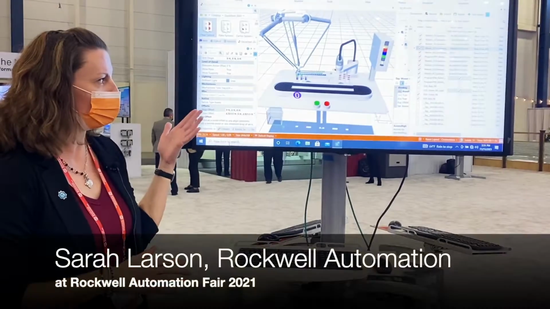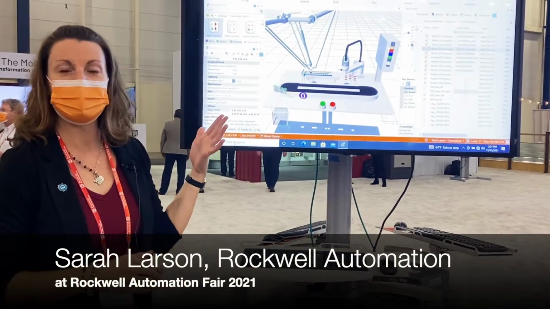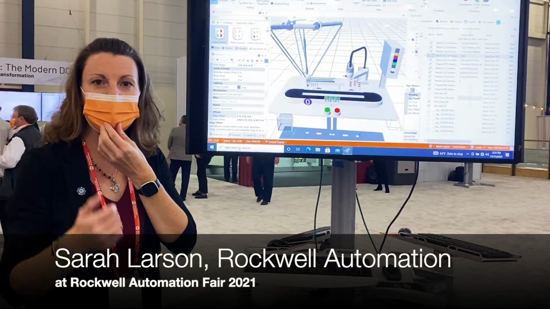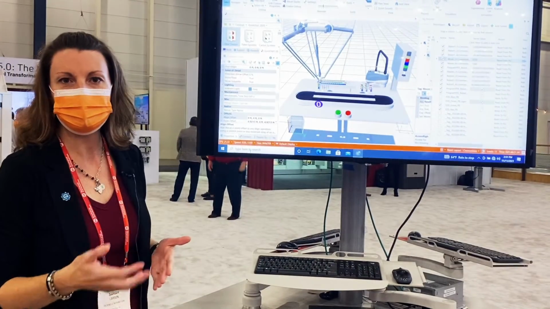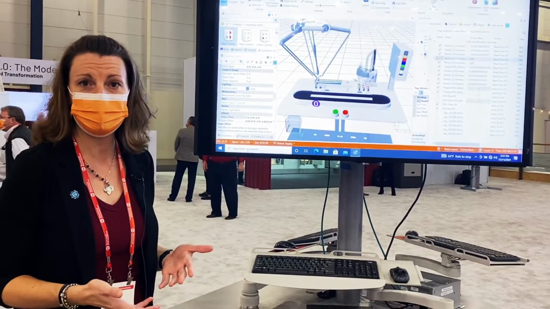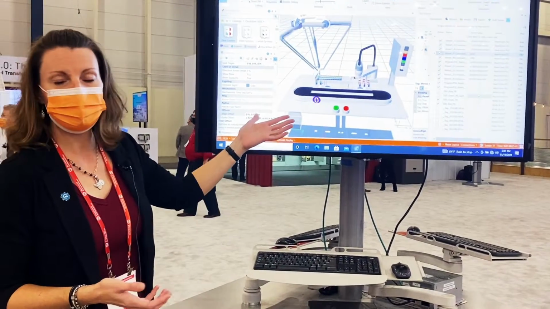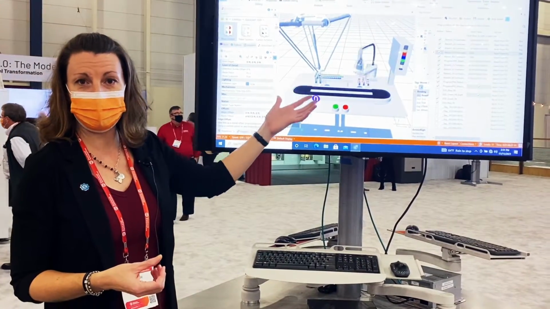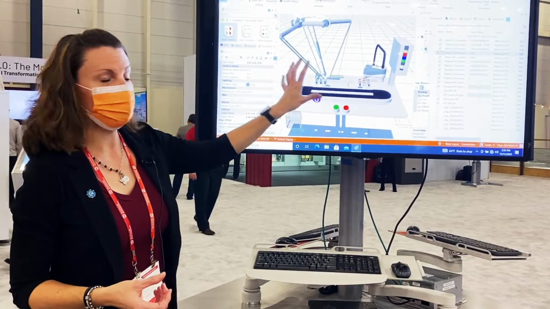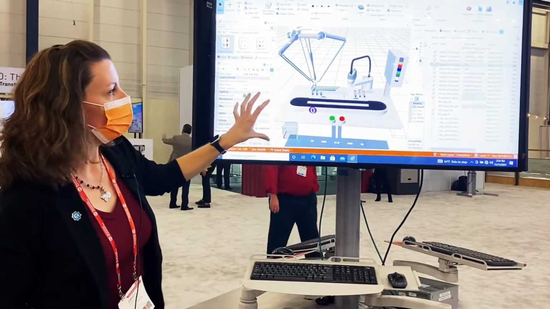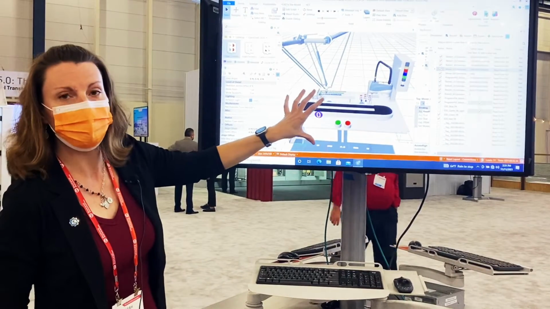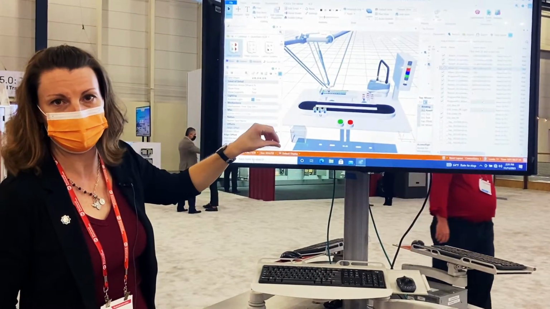About our Emulate 3D software solutions and how we're using them with our robotic solutions we have. Emulate 3D is a simulation and emulation software. What that allowed us to do is to take our CAD models and apply physics, and as you can see, a lot more programming to them, that we could simulate how a robot would move in a machine design.